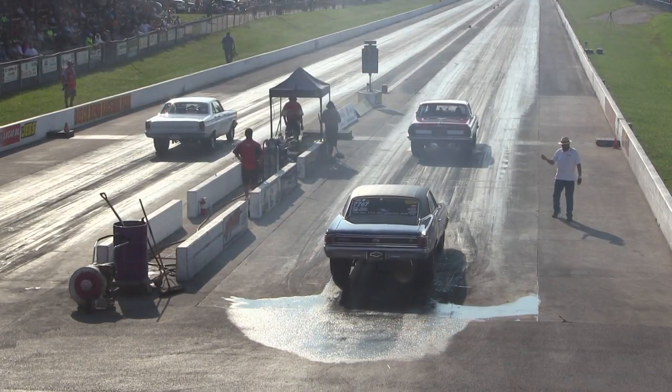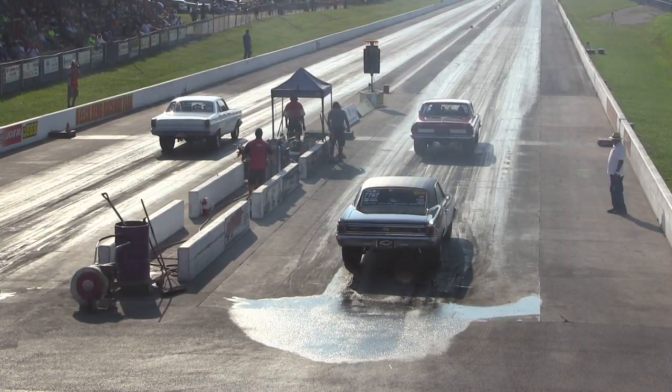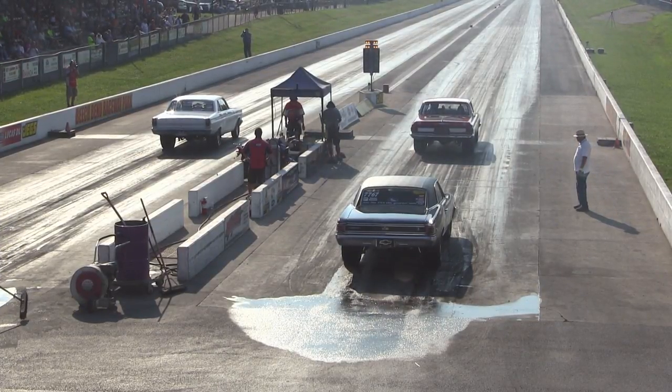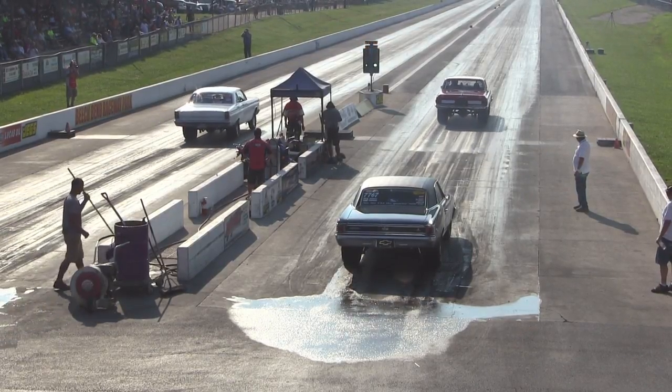D.W. Hopkins, Saltillo, Mississippi, 66 Fairlane, 11 flat dial. Bob Durling out of Mooresville, Indiana, 1150 dial with the 63 Sport Fury. 426 cubic inches worth of Mopar, 428 Ford. The Mopar pulls